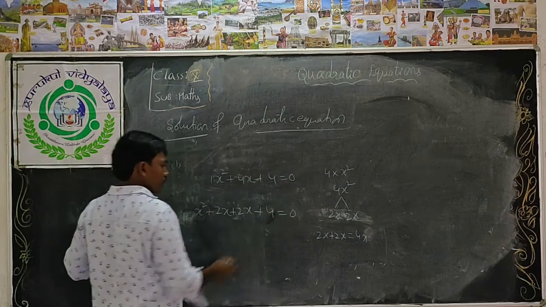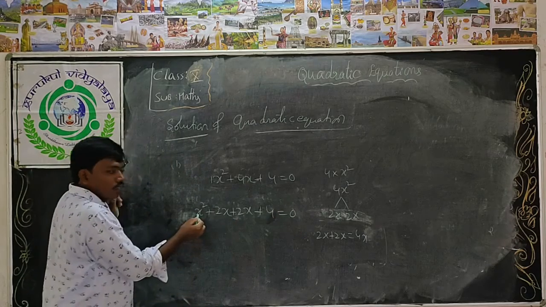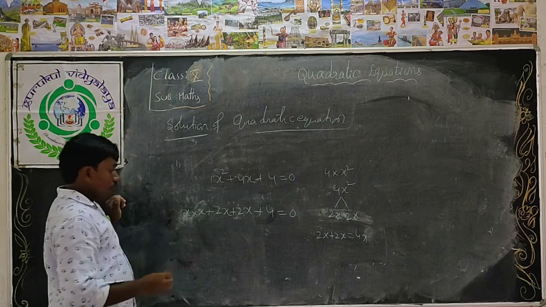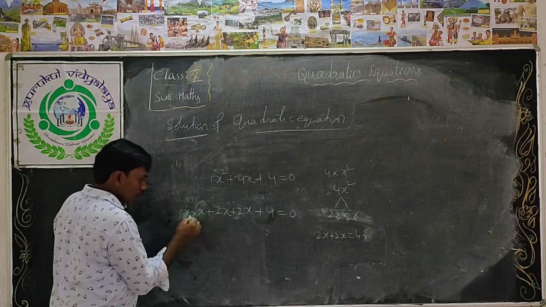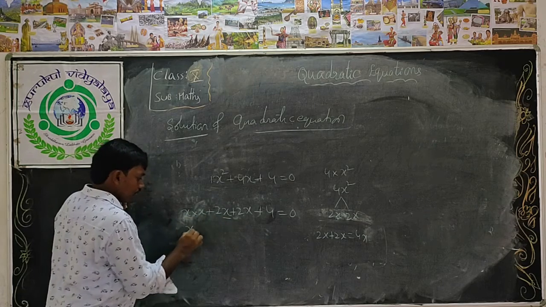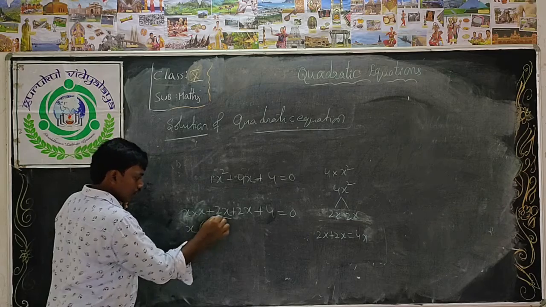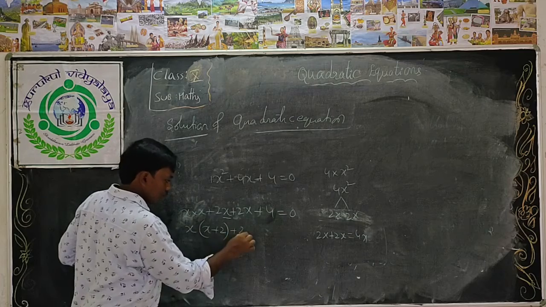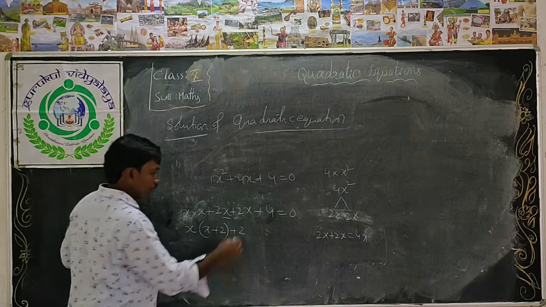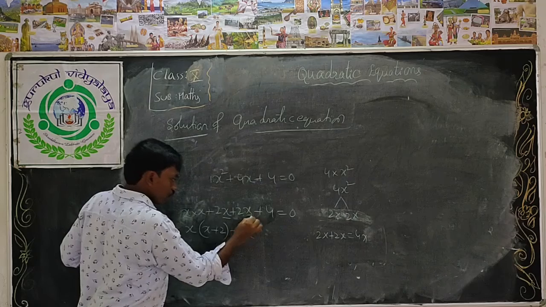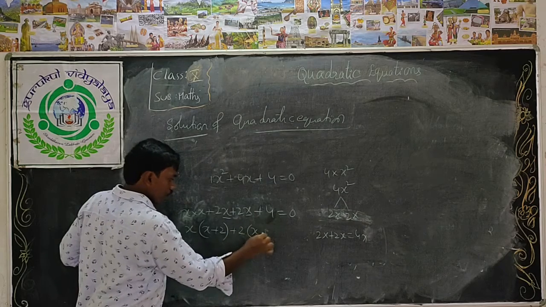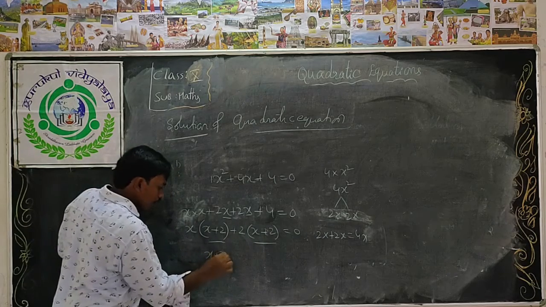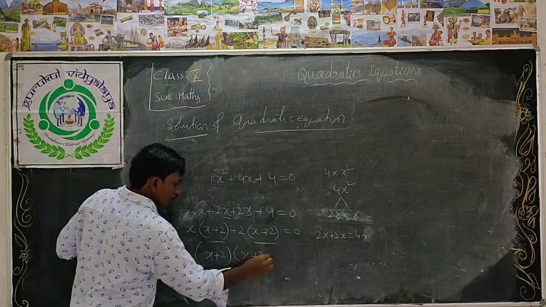plus 4 is equal to 0. Again, x square can be written as x into x. Okay, here I will take the first two terms. I will take x as a common term. Take out x as common. What is the remaining? X plus 2. See the children, here what is the common term? 2 is the common. 2 is divisible into 4 now. Yes, take 2 out as common. What is the remaining? 4 divided by 2 is 2. Both should be the same. Okay, again x plus 2 take as common, x plus 2 is equal to 0.